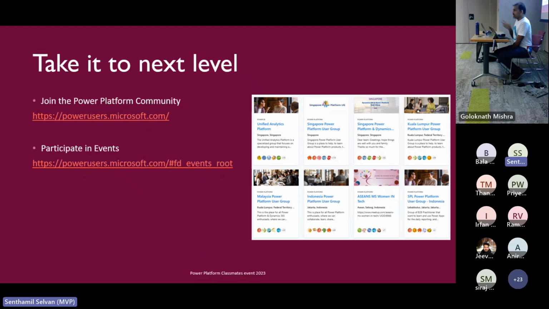And to start, the community is global. It is not just in Singapore, it's global. Again, you go to powerplatform.microsoft.com. There is a community at powerusers.microsoft.com. You go in there, there are so many communities, and you pick the one about your favorite topic, like Power Apps or Power Automate. There are so many communities worldwide, and they are always looking for people who give out knowledge.